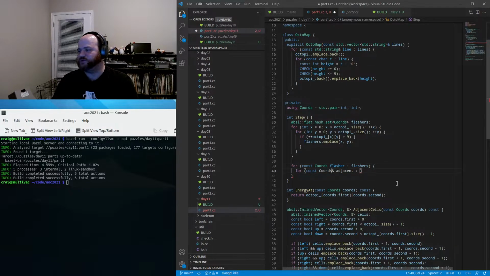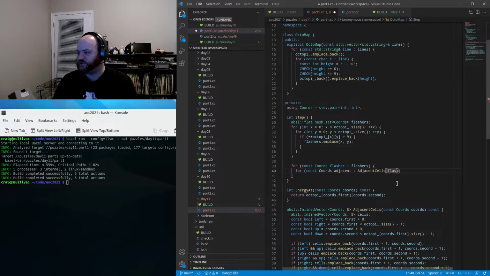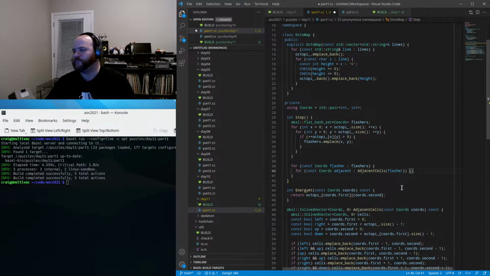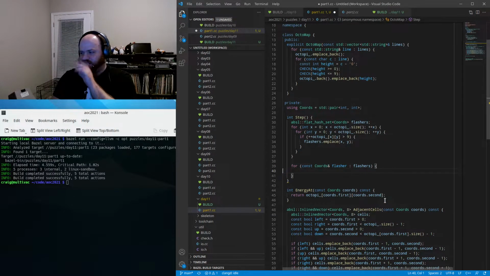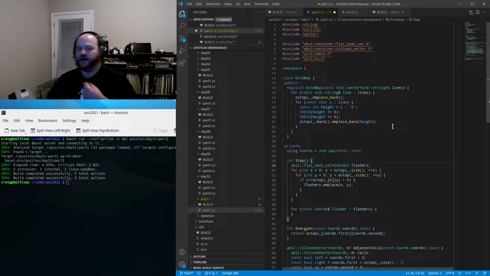I guess this is really small. We don't necessarily need to do it as a reference. But we'll say for the adjacent cells next to a flasher, you know what? I actually think that maybe I want to do this as a queue instead of as a set. Because,